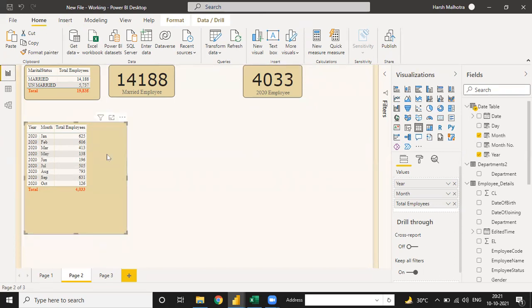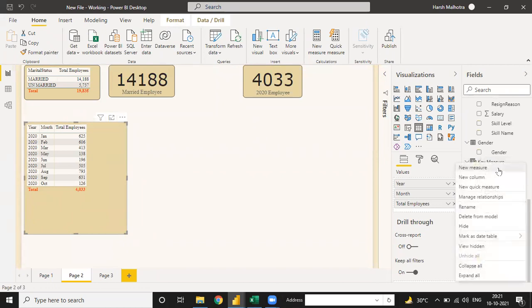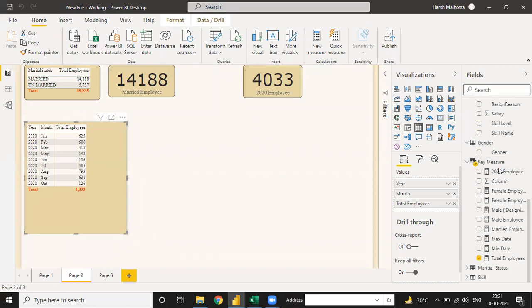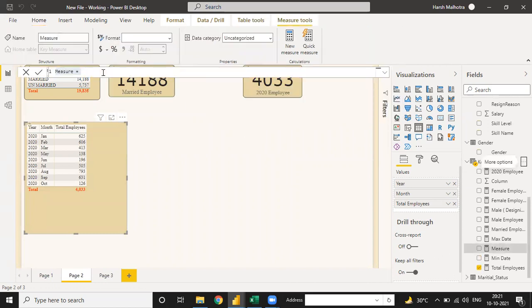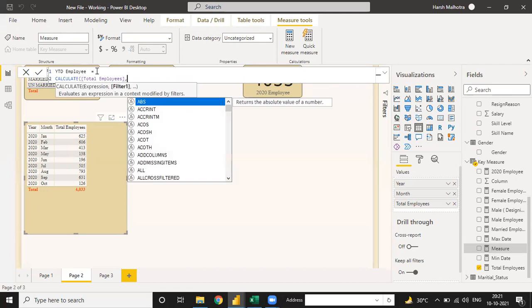Now, if I need the YTD value in this data, YTD means employee-wise YTD. So you can click on your measure table and create YTD employee. I can write calculate total employee, and you can write dates YTD.